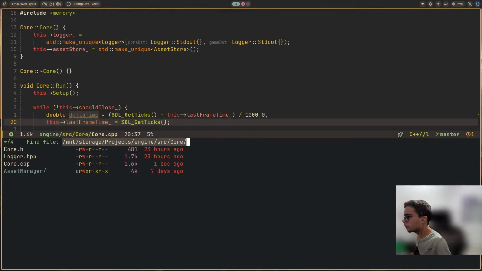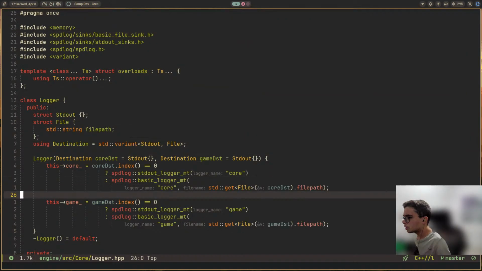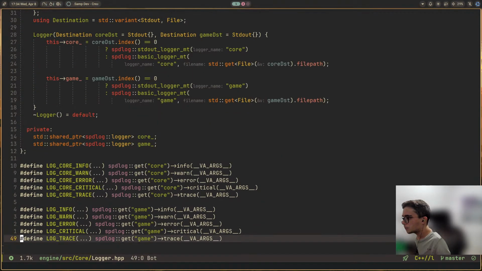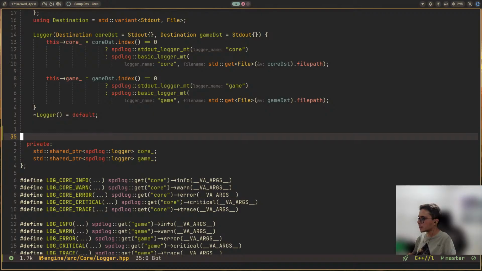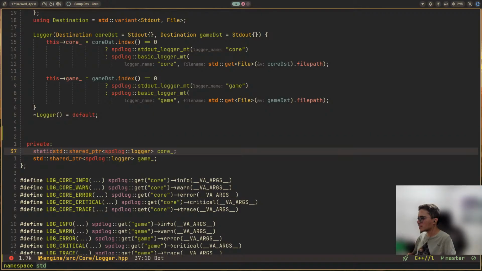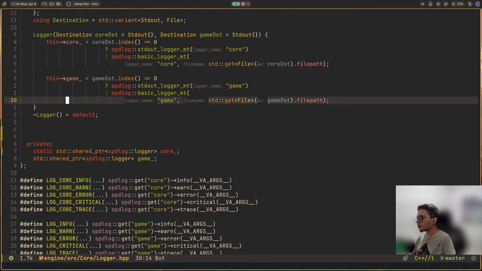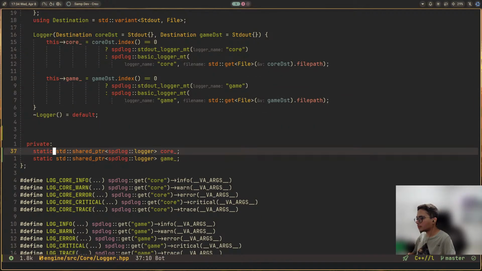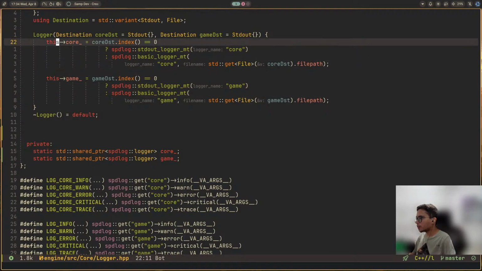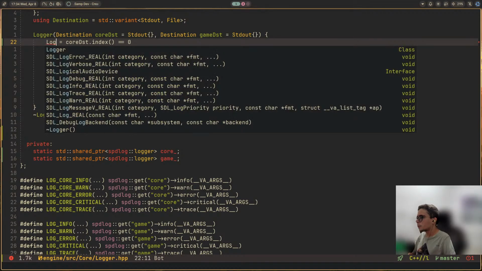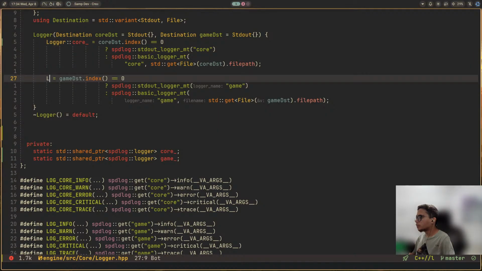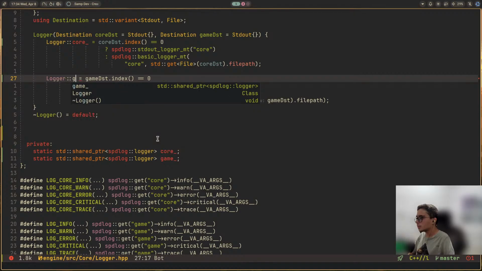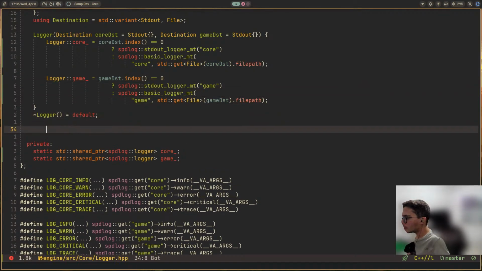Okay, but I have one change to do here in the logger.cpp that I was thinking about after yesterday's stream, and I think that we can really use this as a static here, also static, and change here to logger at core, and also here to logger at game. And the issue was